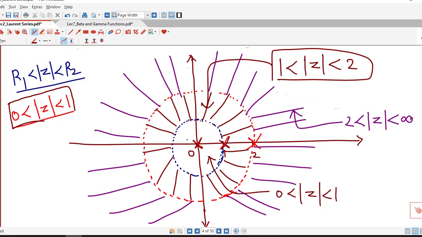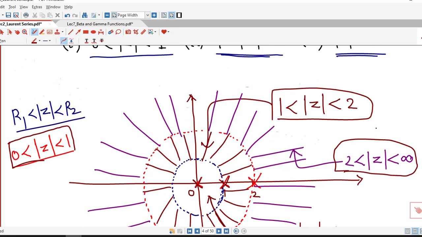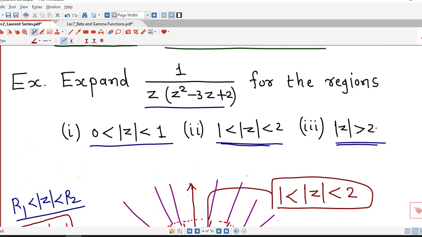This domain 0 less than absolute value of z less than 1, then a region between two circles 1 less than absolute value of z less than 2, and the region outside the circle mod z equal to 2, which is given by 2 less than mod z less than infinity. So our function is analytic in these 3 different annular domains,